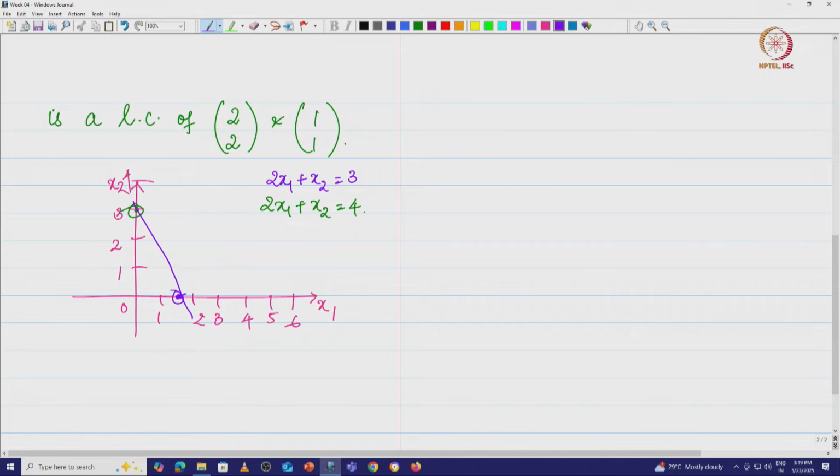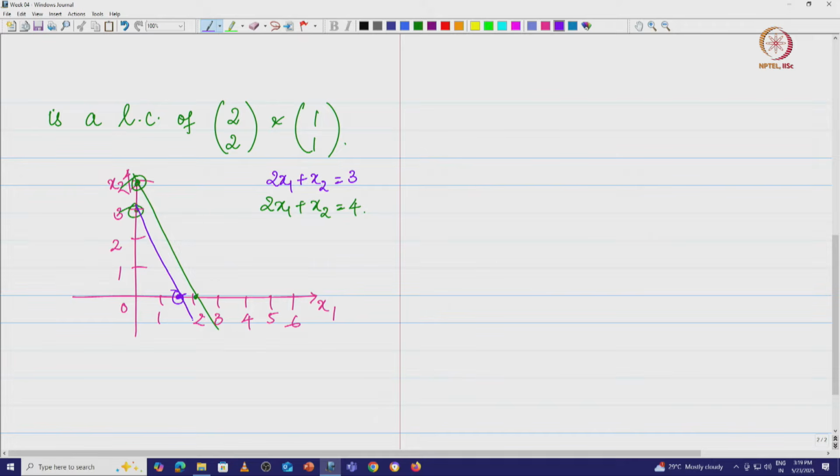Now, the second equation that you take, we have 2 x 1 plus x 2 is equal to 4. When x 1 is equal to 0, x 2 is equal to 4, and when x 2 is equal to 0, x 1 is equal to 2, that means I am going to have a line which is like this. Now, what we see interestingly here is that the two lines are parallel lines and they do not